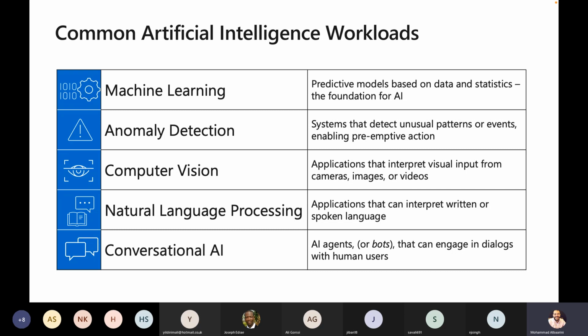So basically, for example, imagine a conversational AI solution that uses a bot to process an auto insurance claim. The bot relies on some nat-